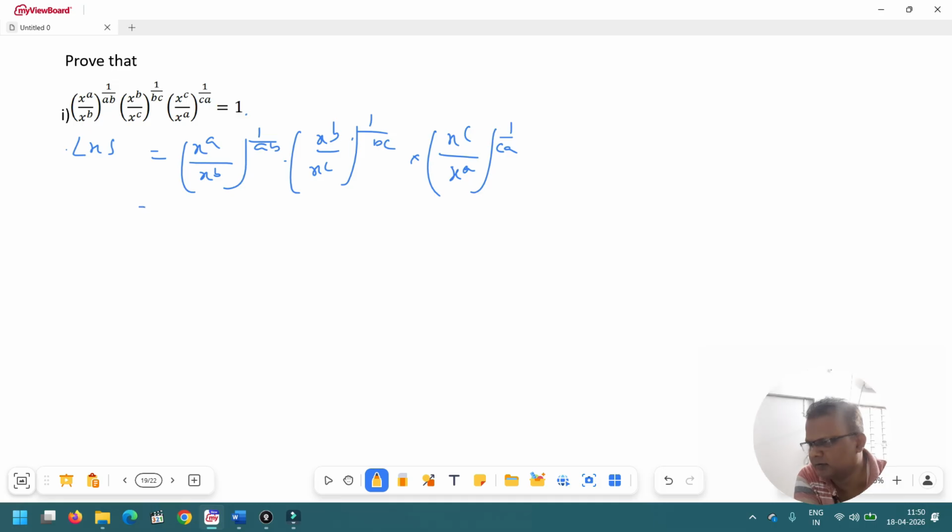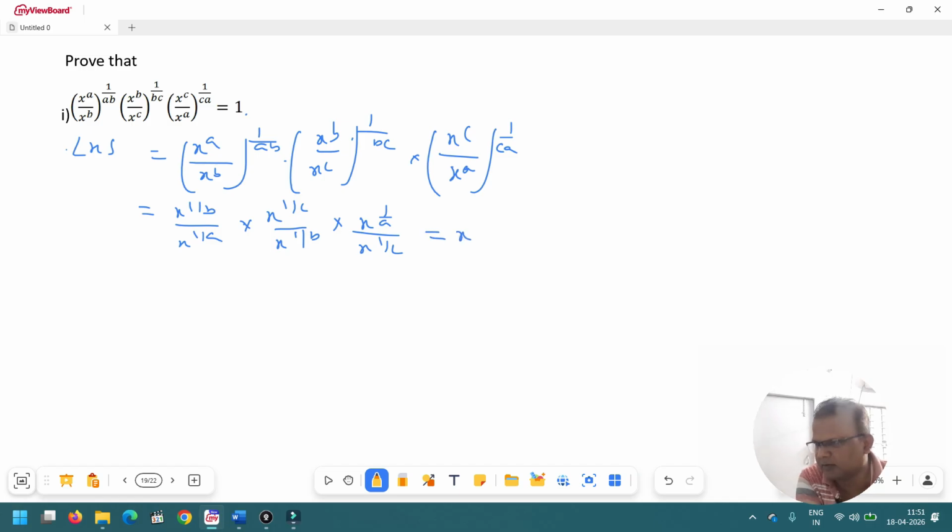That is equal to x to the power a by b, x to the power 1 by c into x to the power 1 by b, 1 by b into x to the power 1 by x to the power 1 by c